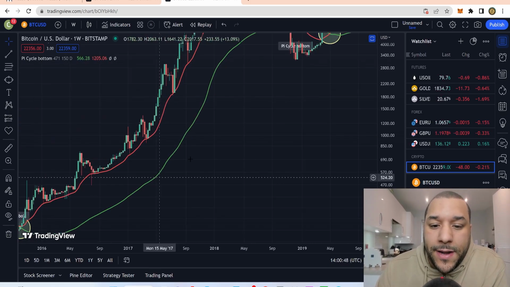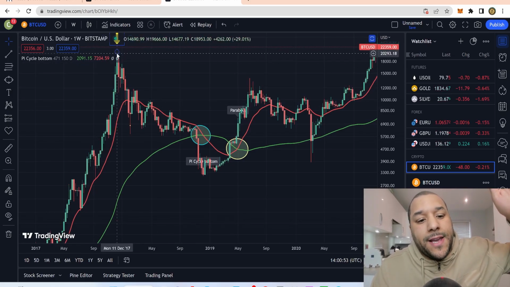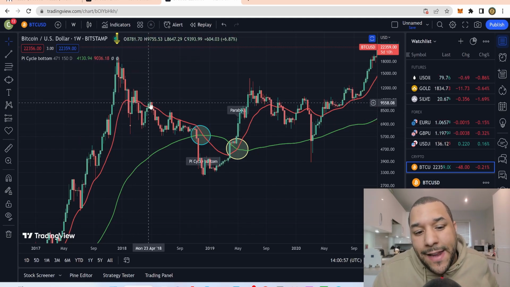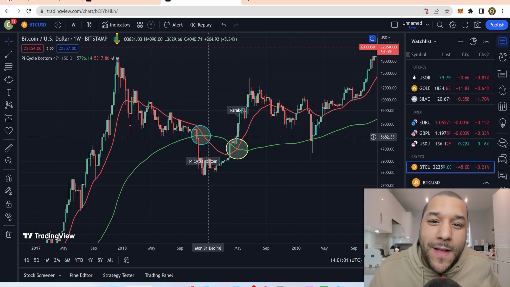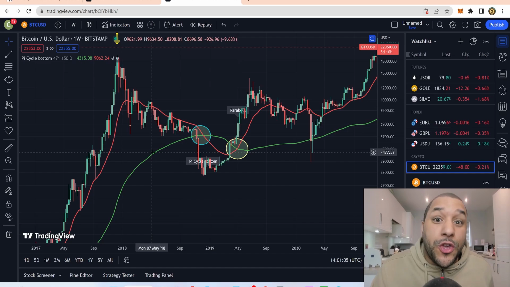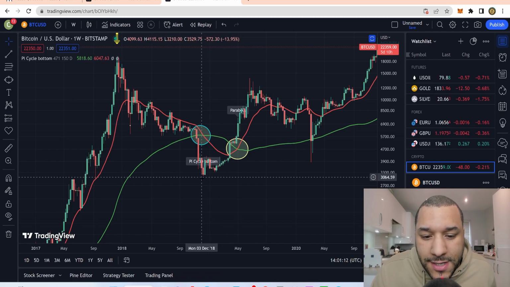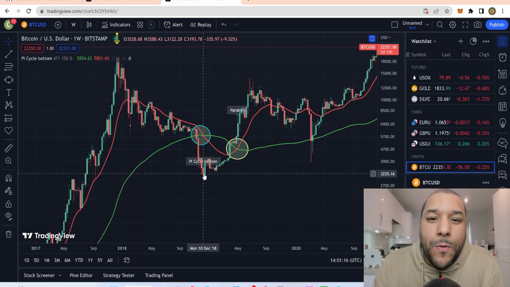Now if we move forward to 2018, you can see again, we have the massive rally up in 2017 to 2018. We see prices start to fall down. This red line comes falling down, and then it crosses with the green line. That first initial cross is what confirms that you may have just seen the bottom of the market. So the cross right here crosses with the green. Take a look at price action. You can see in the candles down here, this was the bottom of the 2018 cycle, and it did it again